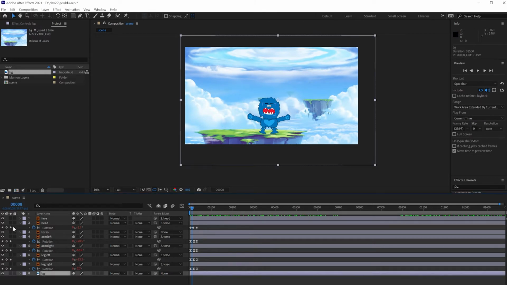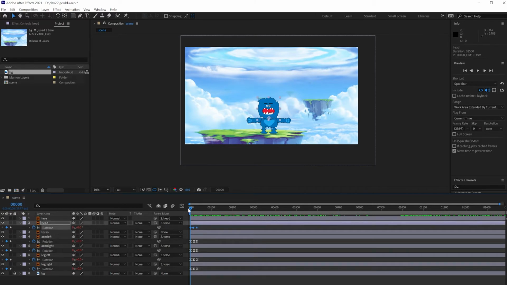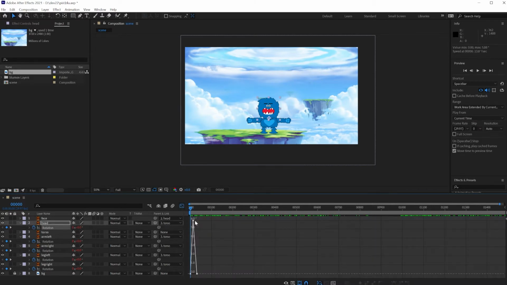I can lock the background layer, click, so I don't accidentally select it. And here's my character, who happens to be angry. Poor angry character, it's stuck out there. You could toggle to the graph editor like this, and you can adjust the graph by dragging one of those points, but that's not